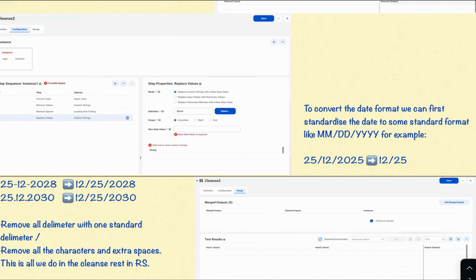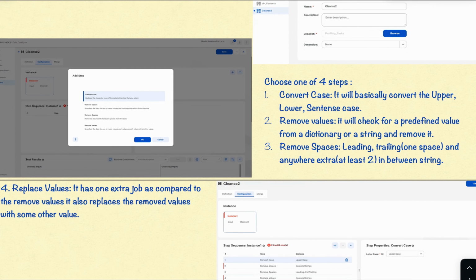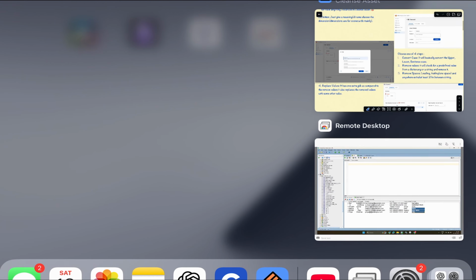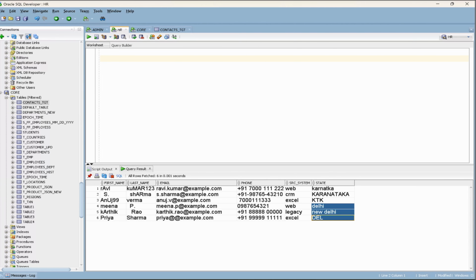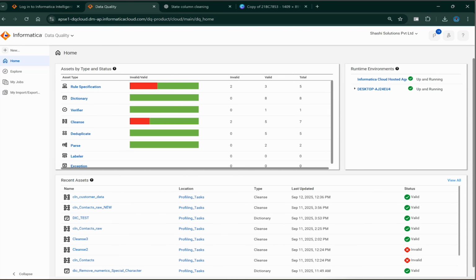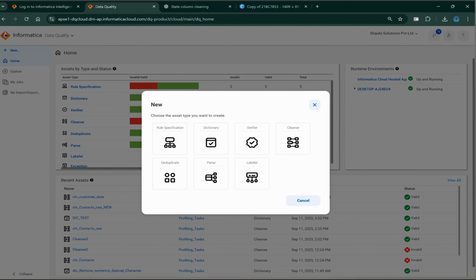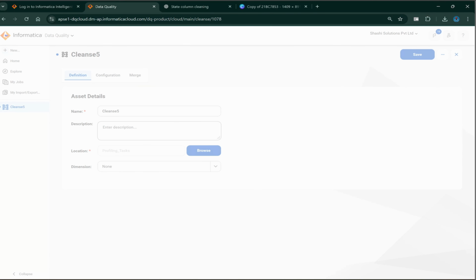Let's move on to our computer screen, then once I'll show you, you can refer to this document. Okay, so let's go into our Informatica account. Here it is logged in, all the services are up and running. You should have at least the data integration services up and running. So go to new, go to cleanse asset, and here we are in the cleanse asset. So in the definition part,